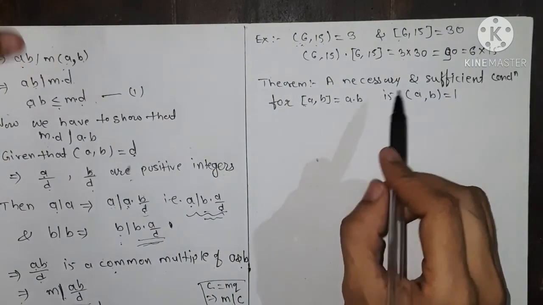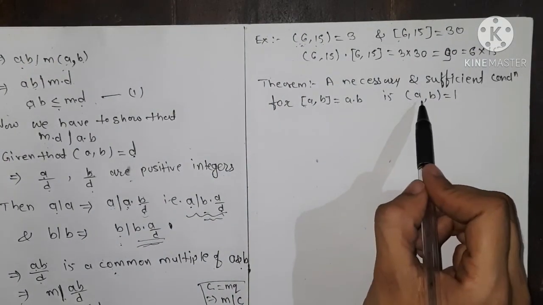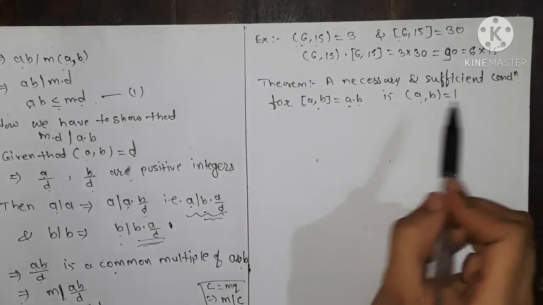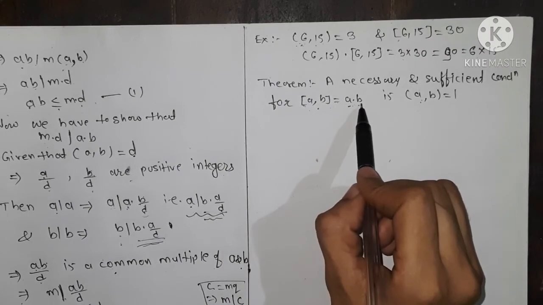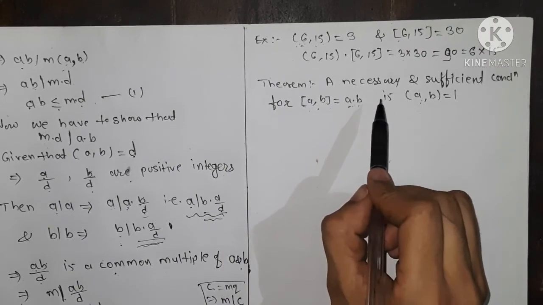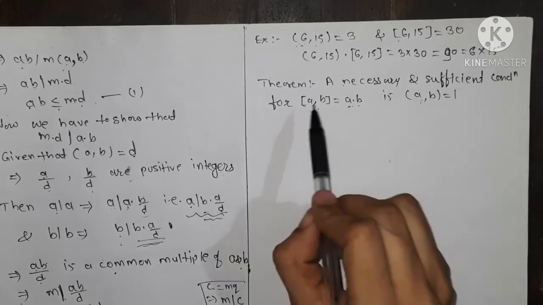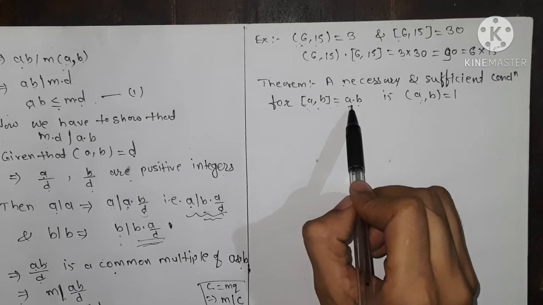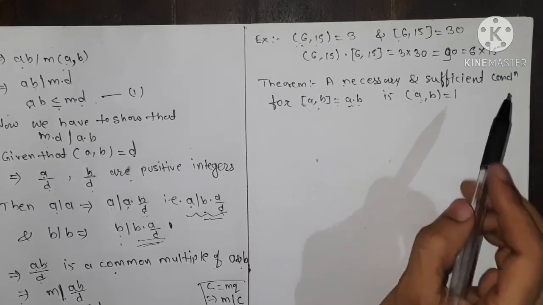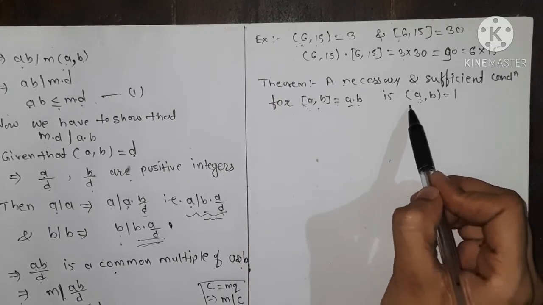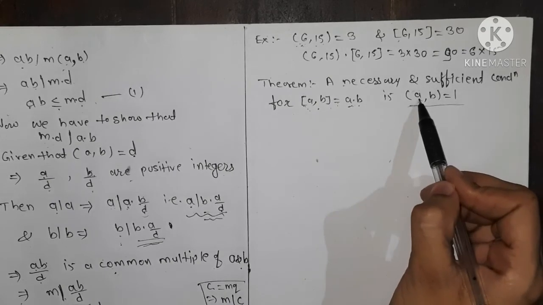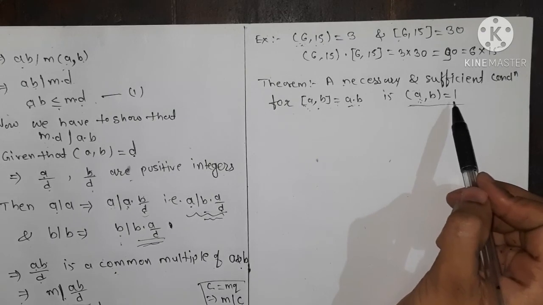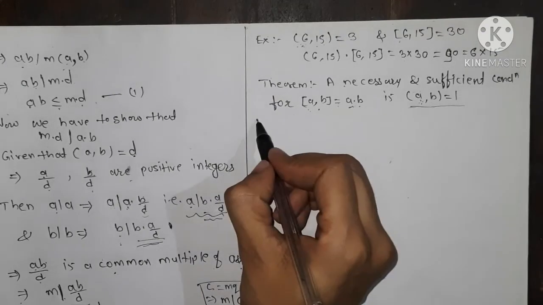As in the previous lecture we saw that GCD multiplied by LCM is the product of the integers. So if GCD is equal to 1, then LCM is equal to the product of the integers. So a necessary and sufficient condition for the LCM to equal the product of the integers is that the GCD should be equal to 1. We also say that GCD equal to 1 means A and B are relatively prime numbers. Okay, so we see here the proof